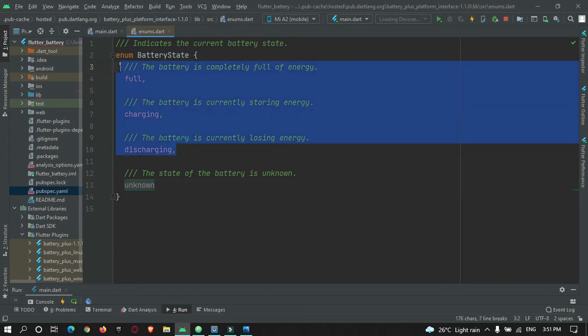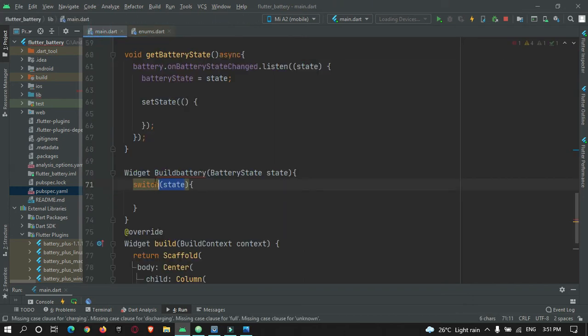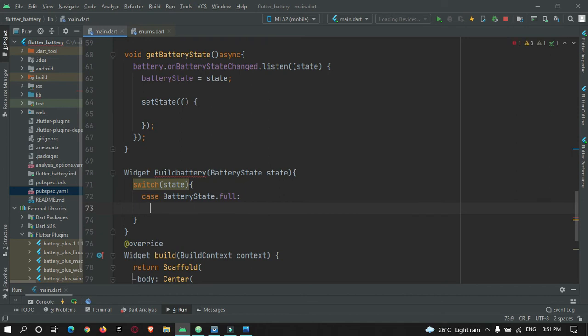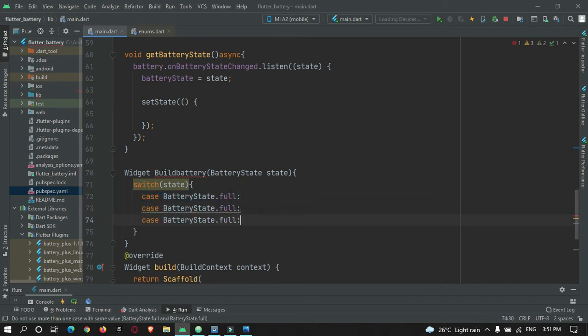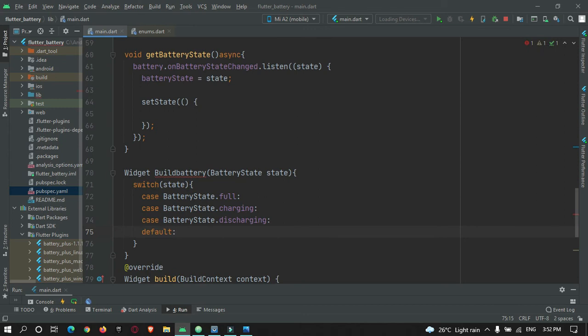These are the three main states, so we need to create three cases over here. If it is full, then do this. If it is in charging, then do this, and if it is in discharging, then do this. Default, do this. Here we need to return widgets.